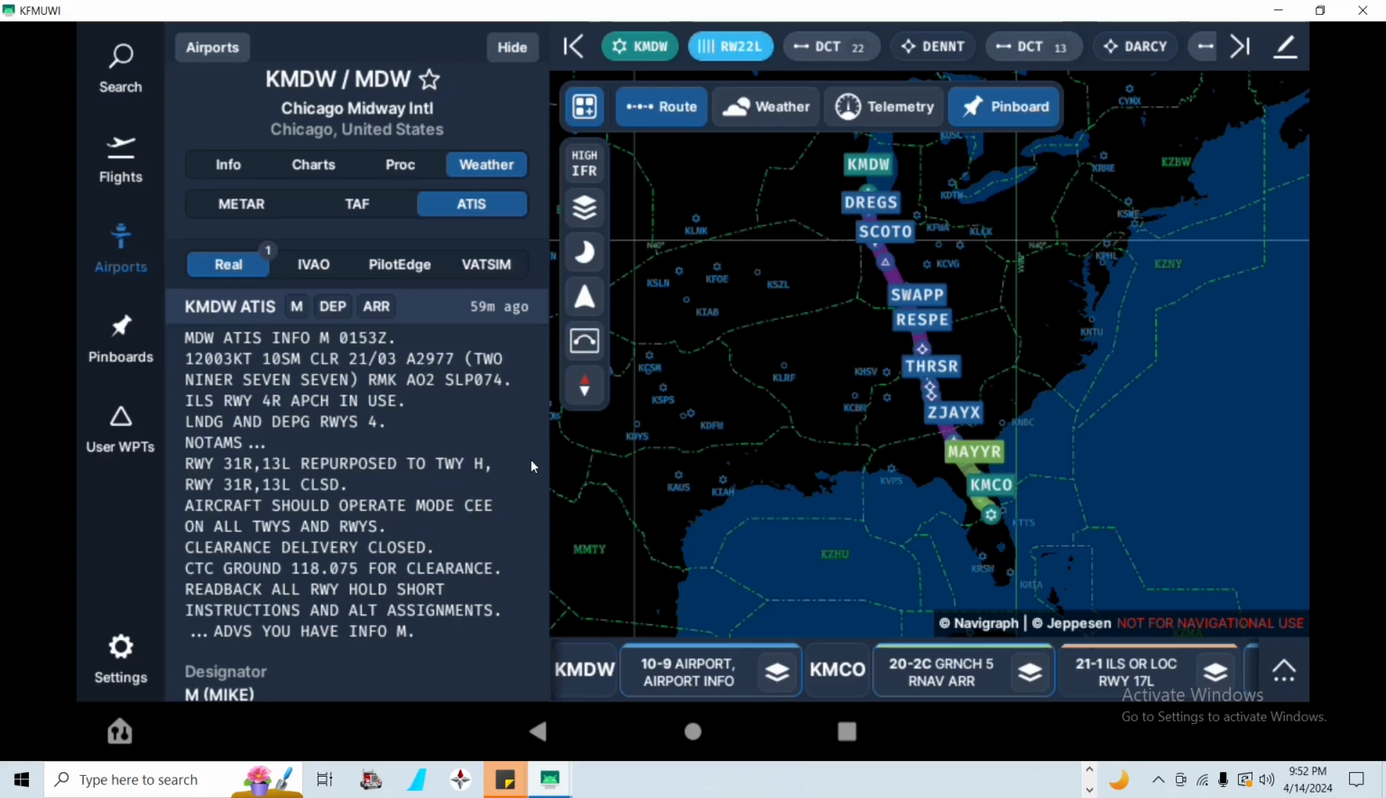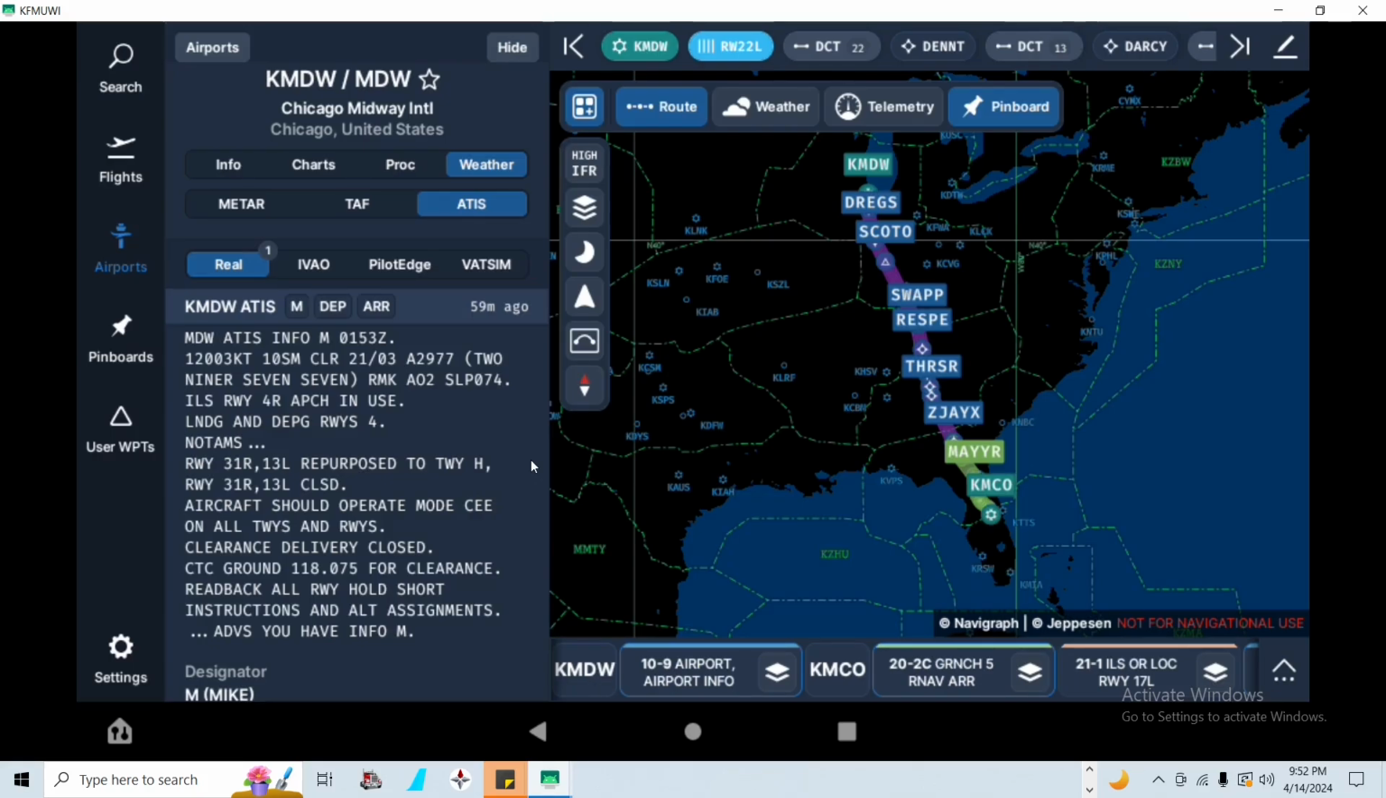Next to that you see A2977. That is the altimeter. So altimeter 2977. Then you see after that RMK A02 SLP 074. That stands for remarks. And then that